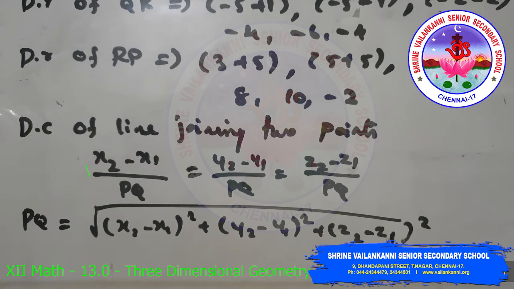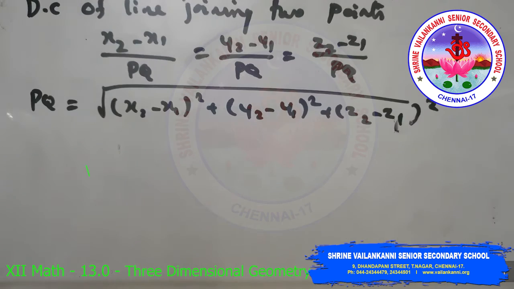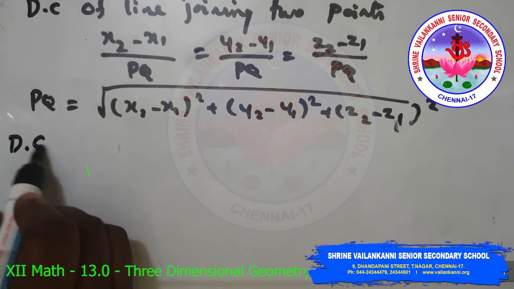So to find the DCs of a line joining 2 points, we have x2 minus x1 by PQ, equal to y2 minus y1 by PQ, equal to z2 minus z1 by PQ, where PQ is root of x2 minus x1 whole square plus y2 minus y1 whole square plus z2 minus z1 whole square. So we found direction ratios of PQ, QR and RP. So DCs of